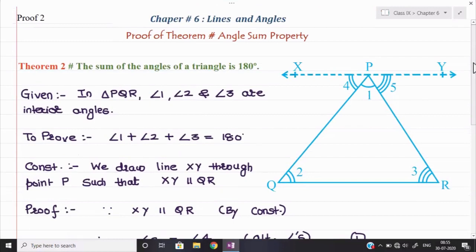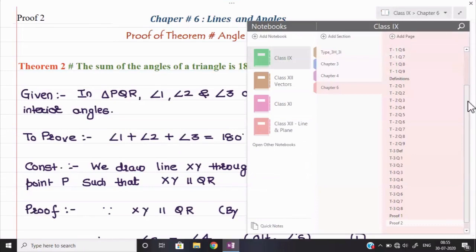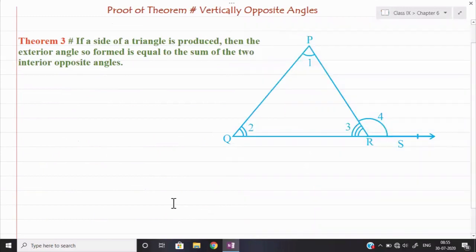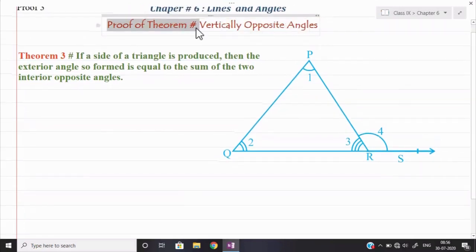Now we shall do one corollary, or we can say the application of the angle sum property, that is called one independent theorem, the exterior angle theorem. I hope you have not forgotten the exterior angle theorem. Okay, so that theorem we shall prove now quickly. So this is our last proof of theorem. After that, if required, as I have told you, we shall take a session of additional questions. Otherwise, we can start our new topic. Okay. So theorem number third. See, in this theorem, what is given, again the heading is wrong. We can make the heading correct first of all here.